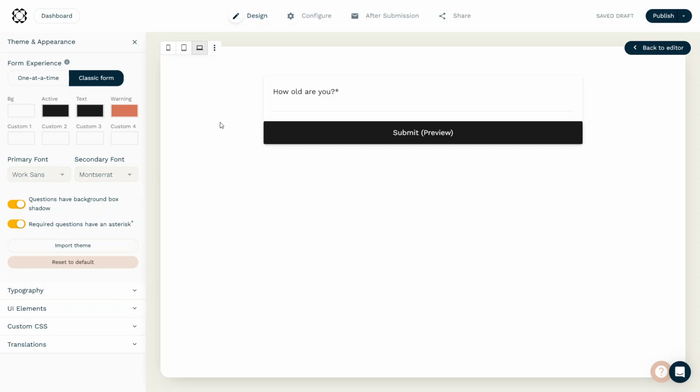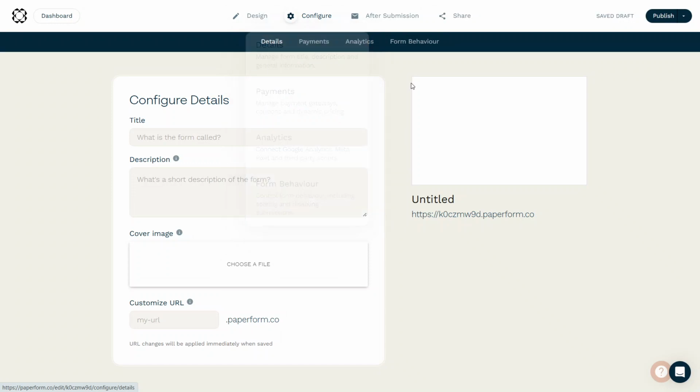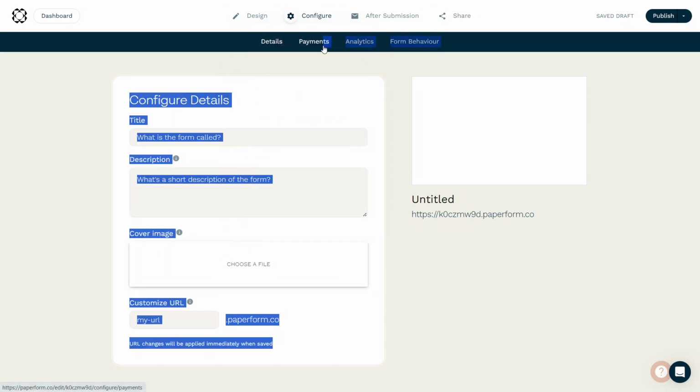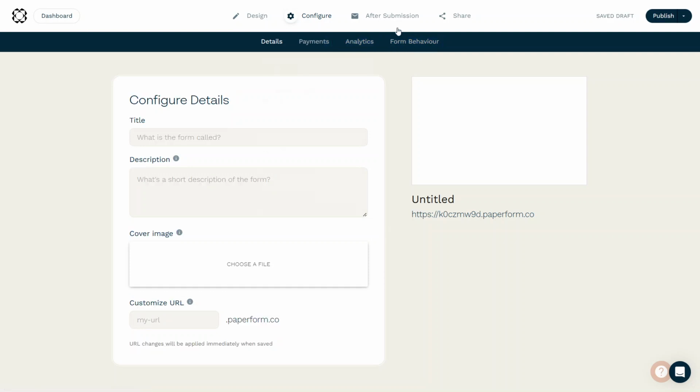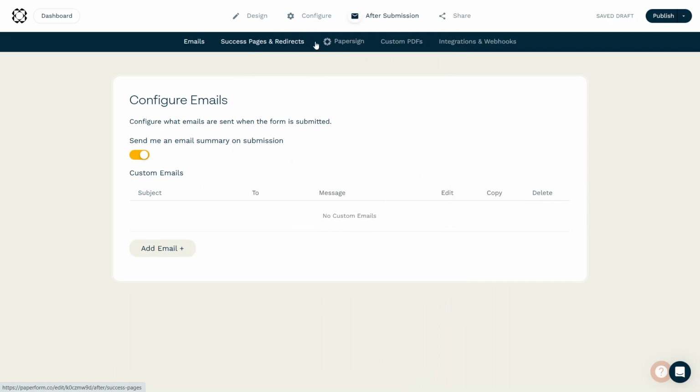Next, click Configure at the top. This section lets you manage form details, payments, analytics, and overall form behavior. Then click After Submission, where you can set up emails, success pages, and redirects, PaperSign, custom PDFs, as well